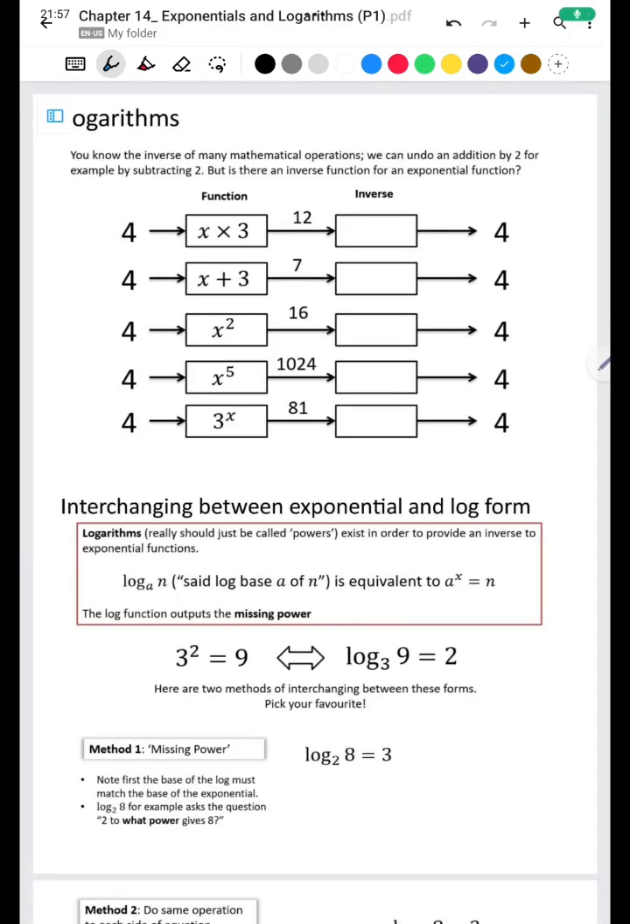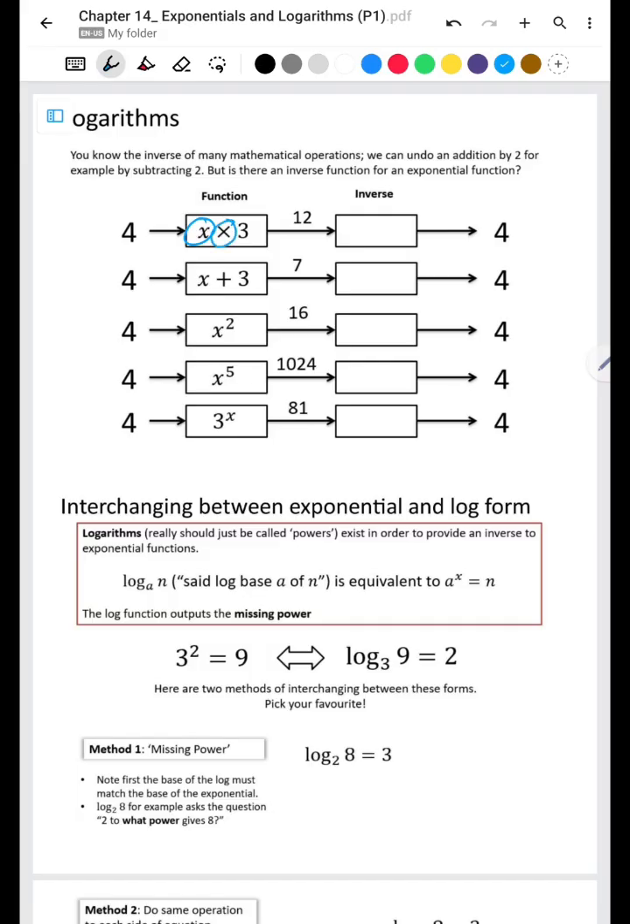Thank you. We're going through exponentials and logarithms, and the first step is to go through the basic part of logarithms. So the first here is the inverse of many mathematical operations. We can undo an addition of 2, for example, by subtracting 2. For example, if we have multiplication,